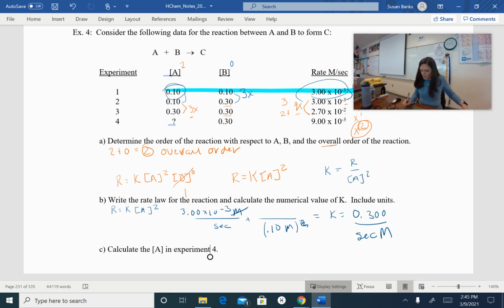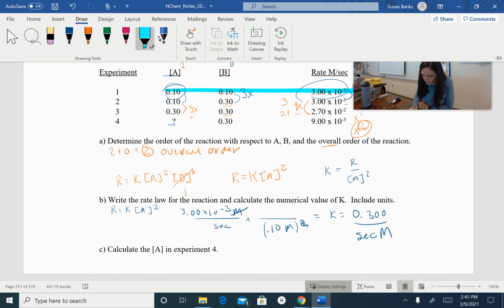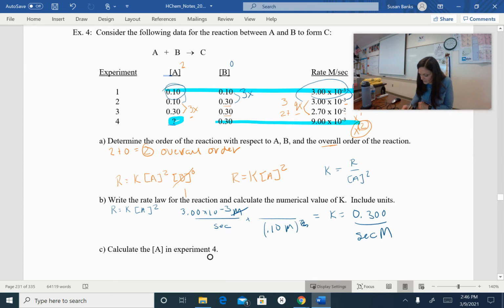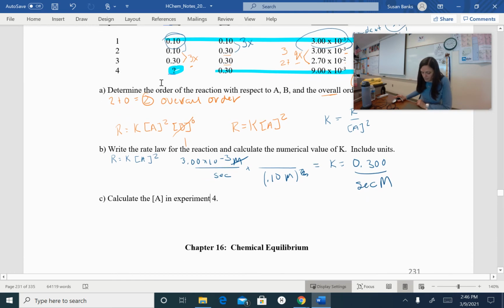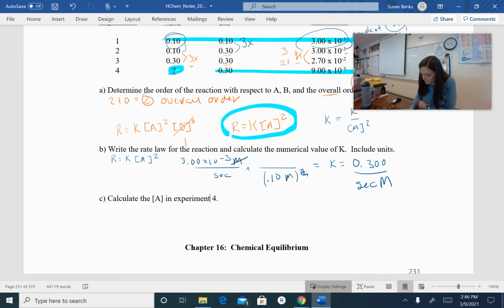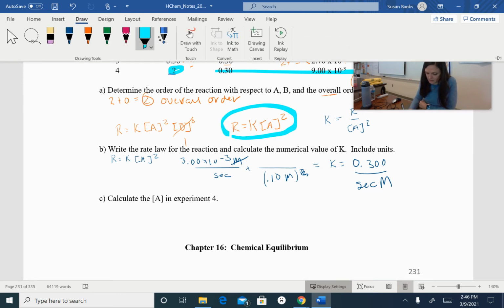Okay, so now I want to find my concentration of A for experiment 4. So I'm going to try and find this. So I need to find this. So I'm going to plug this in to my equation. Okay, so if I isolate my equation for A,